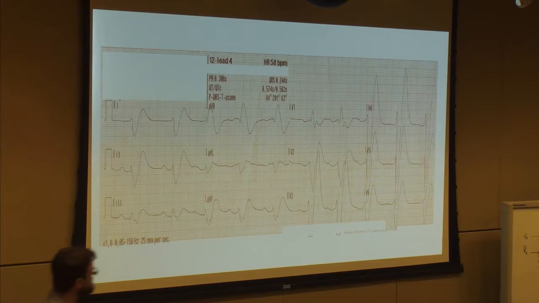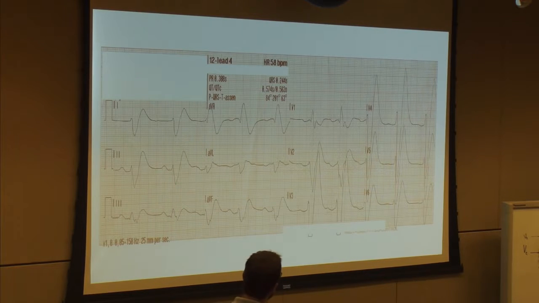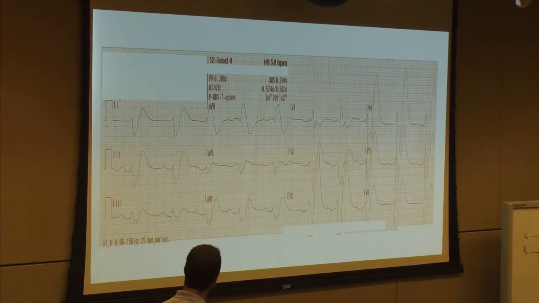So it's wide. What's my rate? 300, 150, 100, 75, 60, so I'm like 60-some. 58 is what they said. All right, close enough. So what do I see when I get this one? What could I easily call this? And I wouldn't fault you if you called it that. Yeah, wide complex bradycardia. But, Mike, you said it, P waves.